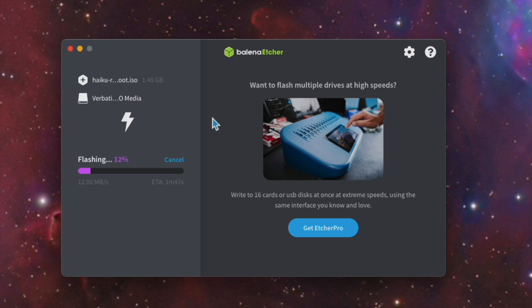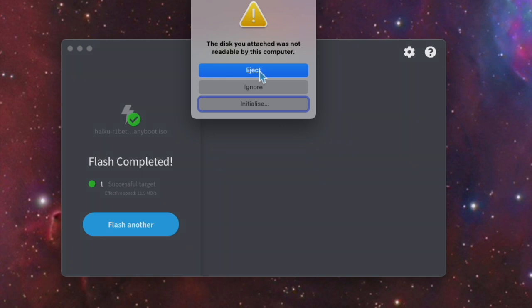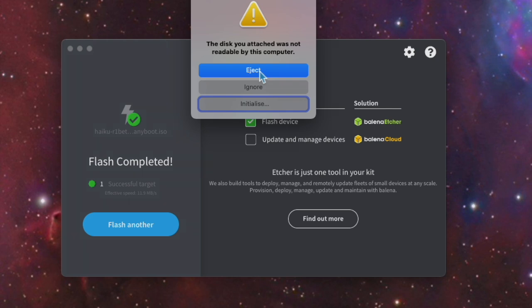I don't think I need to have you getting bored and switching to some other channel, so I will see you on the other side. Checking that the transfer went smoothly. And now what I'm expecting to happen is that it'll try to mount this disk and it'll give me an error, because Mac OS doesn't know what the BFS file system is all about. And yep, okay, so we can eject this and then take it to the